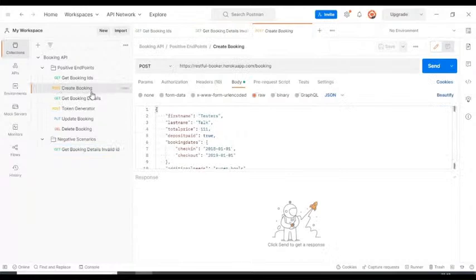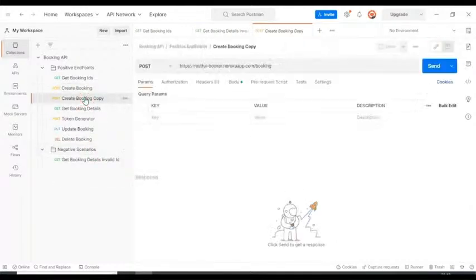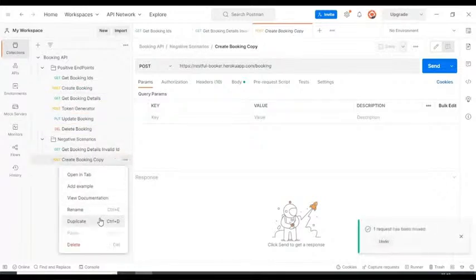Then I will duplicate this request. In this post request, what we will do is pass invalid characters for one of the fields so that it will fail with a bad request. Simply, I will drag this particular request into the negative scenarios folder. Then I will rename this request